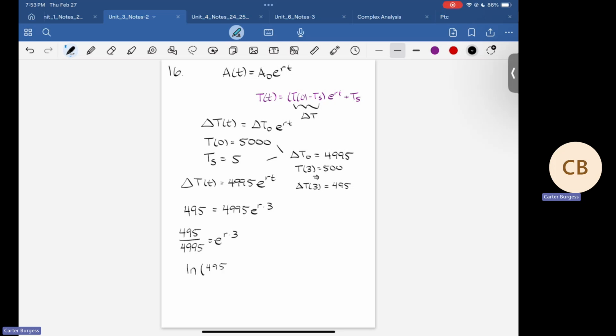We get the ln of 495 over 4995, over 3, is equal to this value of r, and our equation, if we format it in terms of our delta T, is going to be 4995 times e to the ln of 495